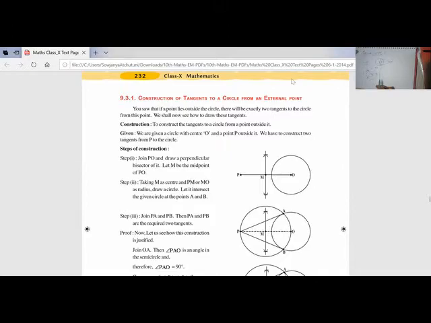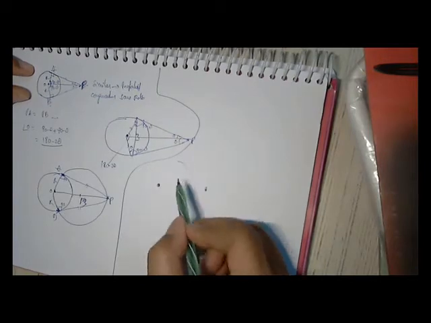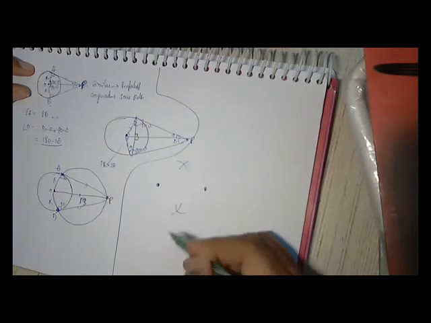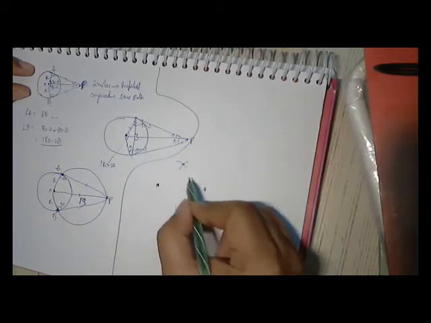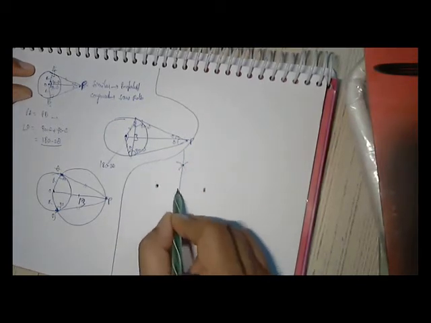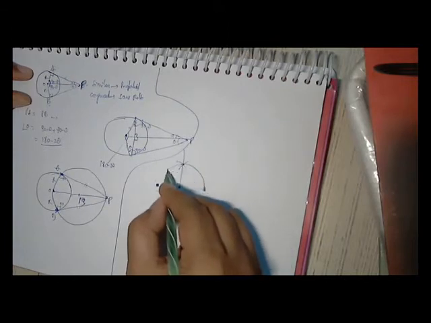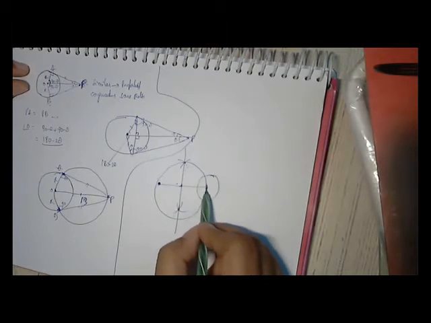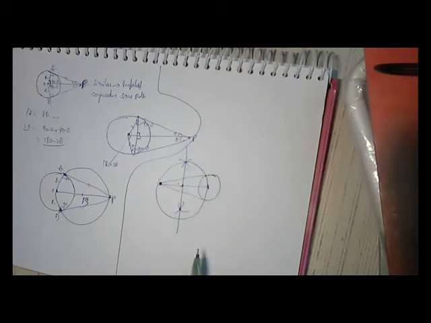So what has he done here? How to find the midpoint between these 2? From here I take a compass and draw an arc here, and in the same distance I draw an arc here. So these 2 points are at equal distance from here and from here. If I join these 2, this is the bisecting line, and this is the center of the bigger circle. This circle I have drawn, and for this circle I want the tangents. So these are the 2 tangents. So instead of measuring, we can use a compass and bisect the line.